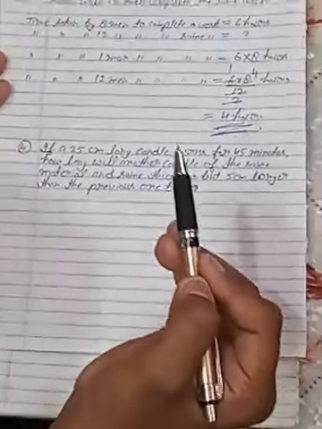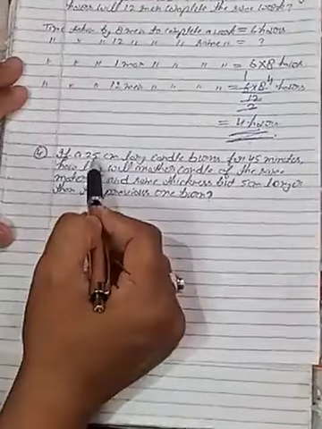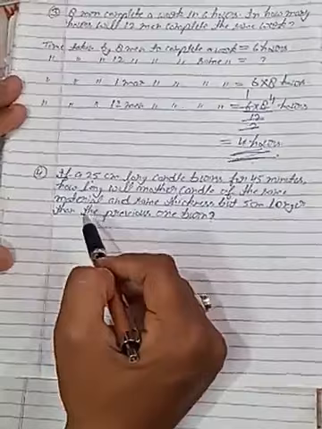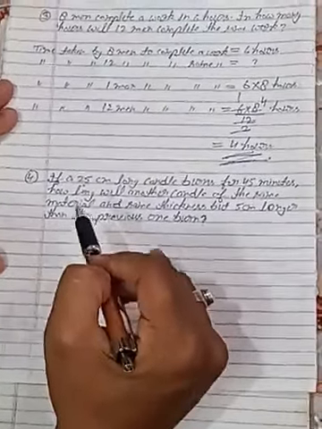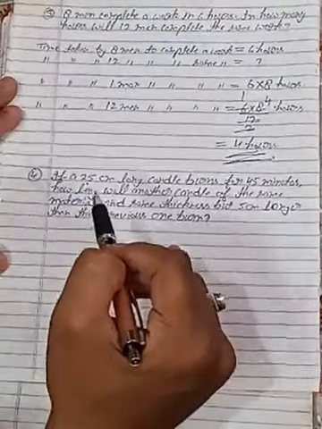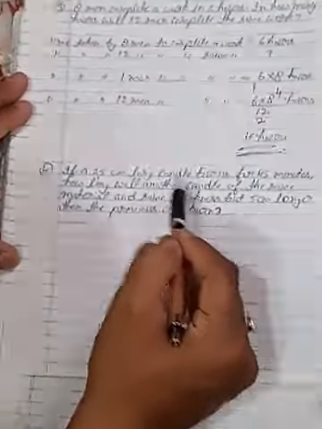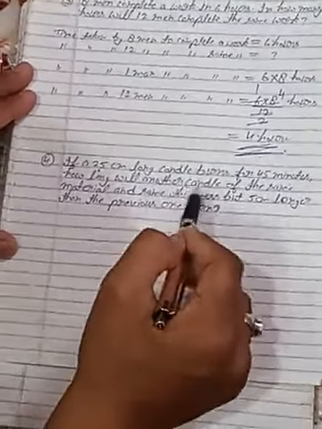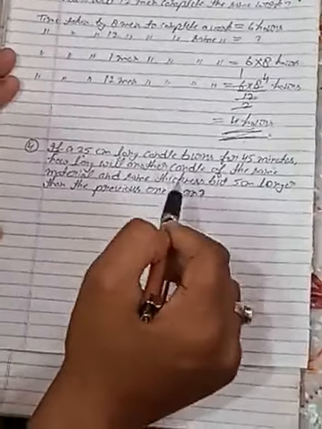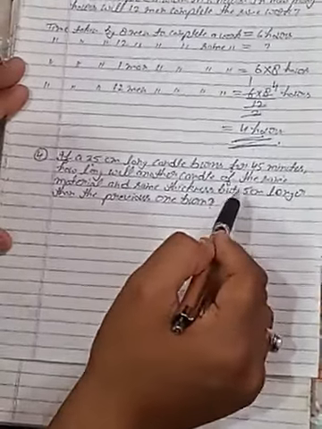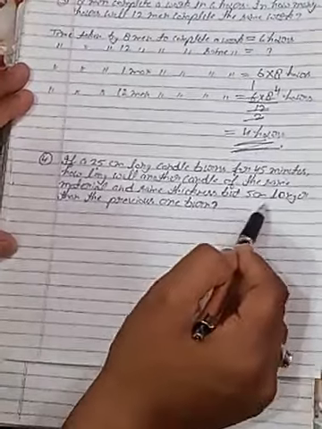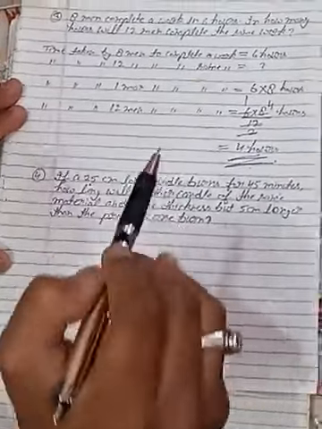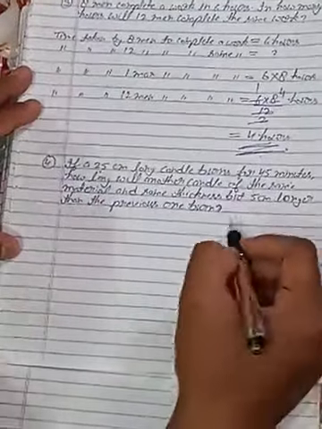So now the length of the candle will be, previous candle 25 centimeter, now 5 centimeter longer than the previous one, it means 30 centimeter candle. So the question is, a 25 centimeter long candle burns for 45 minutes. How long will another candle of the same material and same thickness, length is now 30 centimeter because 5 centimeter longer than the previous one, burn? So the answer will come in minutes.